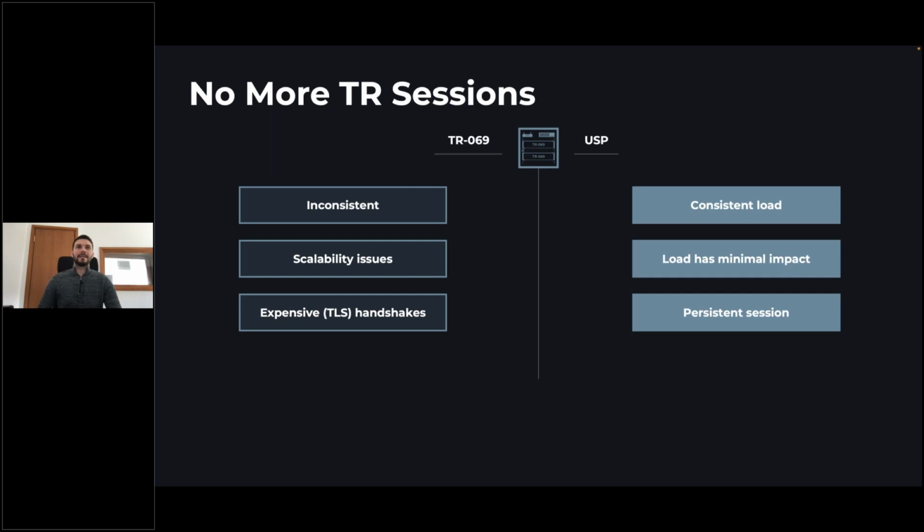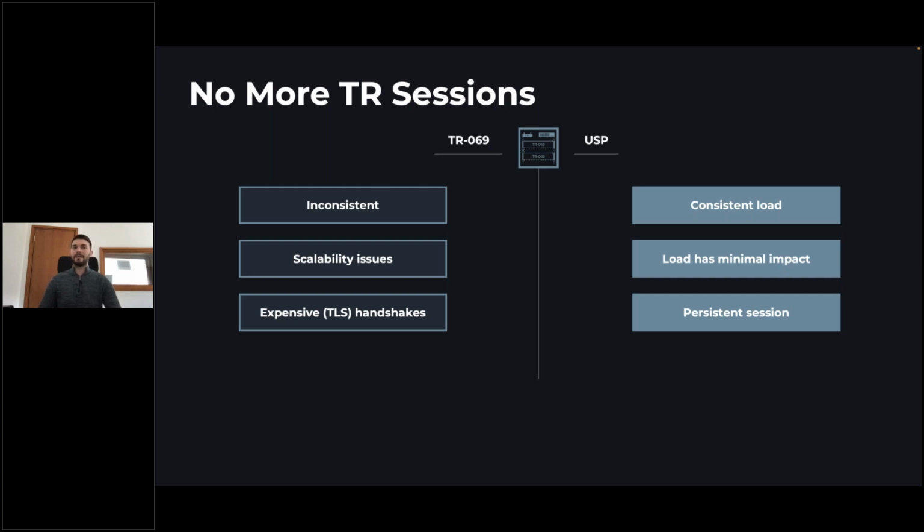And I think all of these points are going in this direction, that we are losing the TR sessions entirely. So as mentioned before, they are pretty inconsistent, meaning that yes, we can set up periodic informs, knowing when the device will come to us, but this doesn't mean that it will always happen only like this. We have other events like the bootstrap and boot events, in case some diagnostics are being finished and so on.